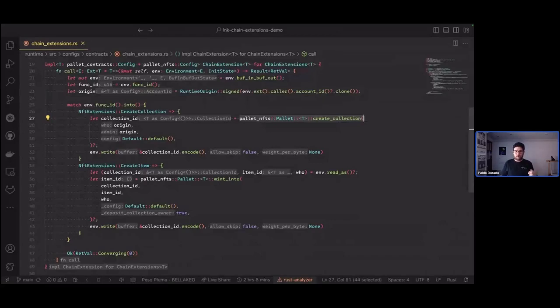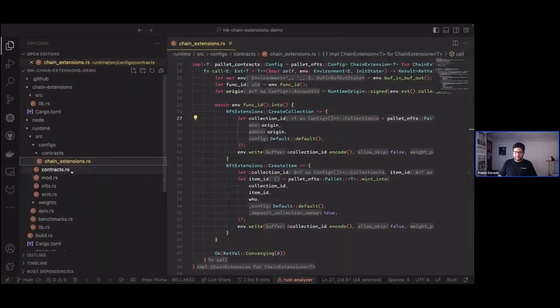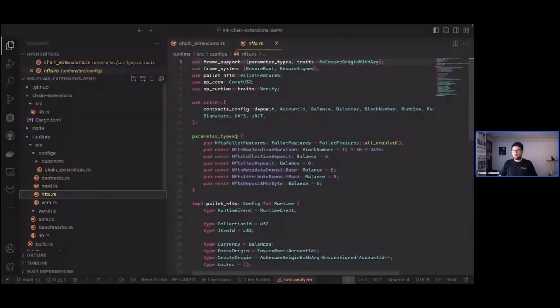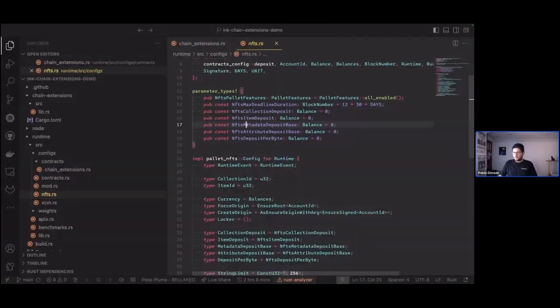Remember what I told you about with great power comes great responsibility? For example, let's go see what is in the configuration of NFTs. As you can see, all these NFTs have a deposit cost of 0. So basically, it's free to create NFTs in this example chain. This is for practicality,